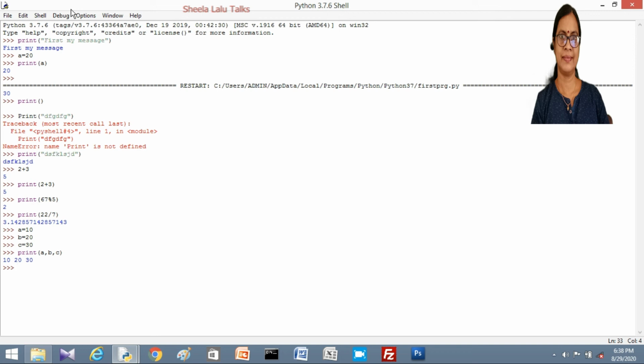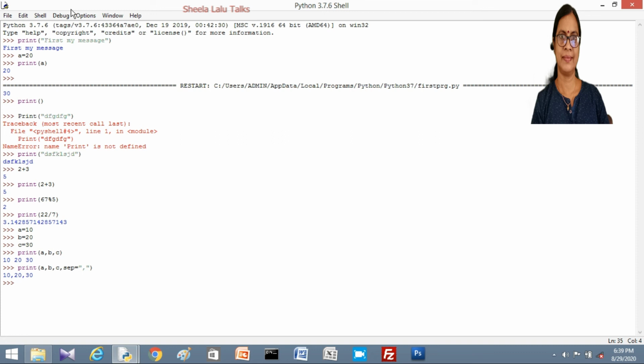If you want to separate these numbers by comma, then we can use another argument, that is a, b, c, comma, sep is the second argument. And there you can use comma within double quotes and see what happens. Comma separates all these numbers.